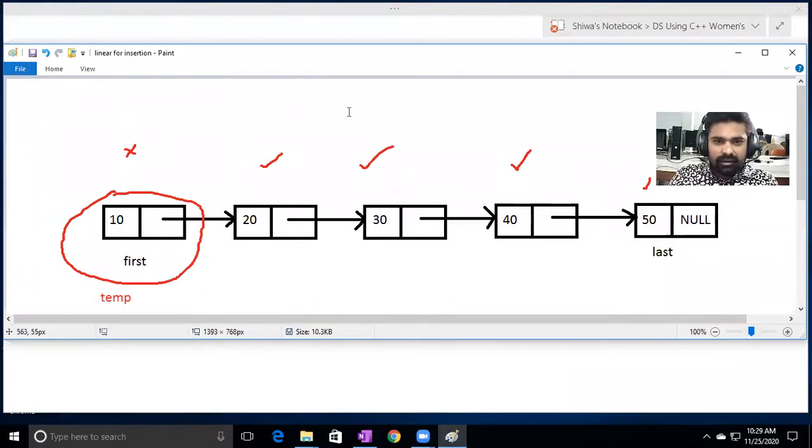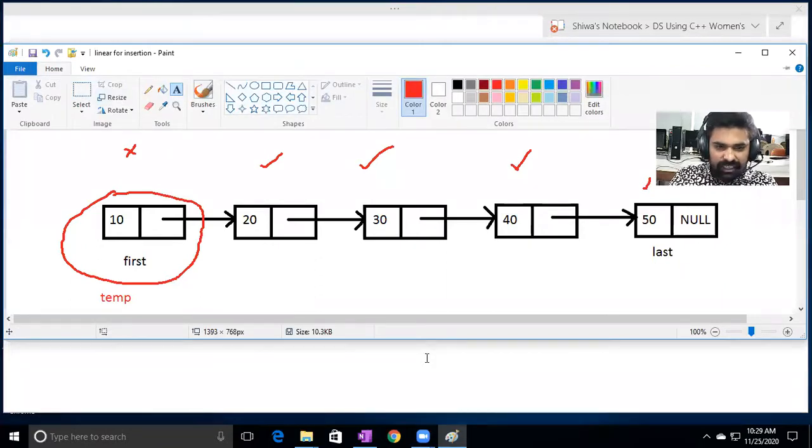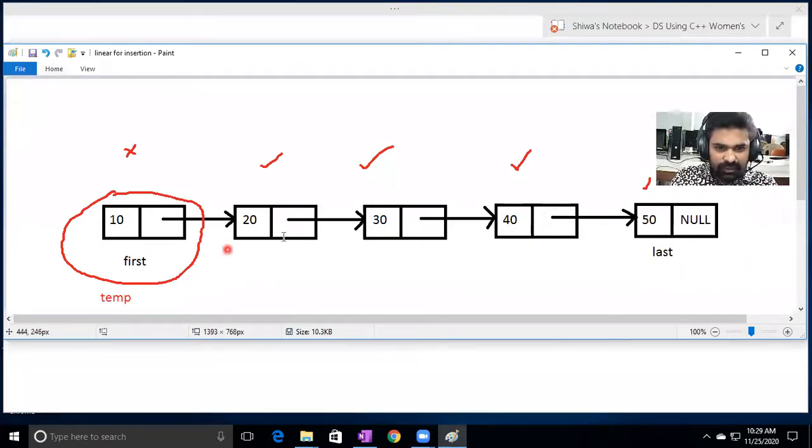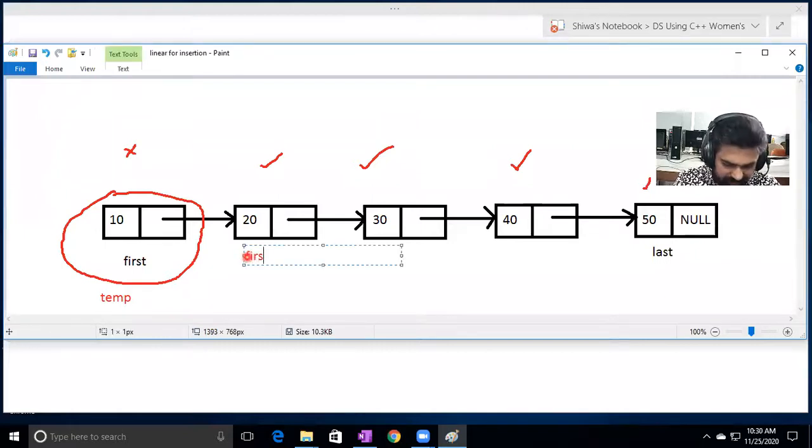Now after removing this node, the next node should become the first node. If this is first, this one is first next. So this is the current first next. We have to make first next as the first.